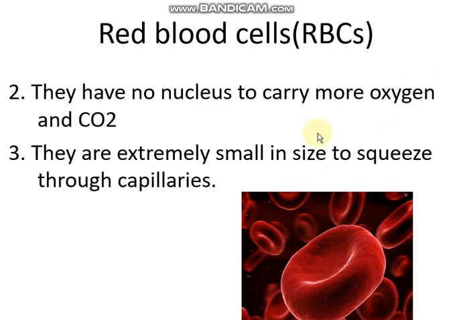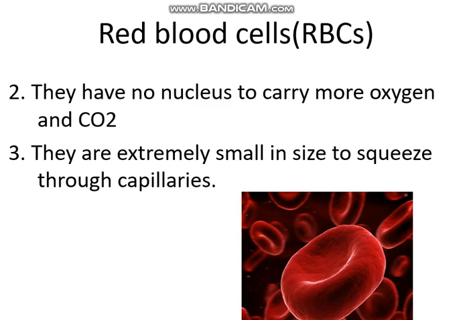Then the red blood cells have to reach the cells after passing through narrow blood vessels, and the name of those narrow blood vessels is capillaries. Okay, so these capillaries have a very narrow diameter, approximately 1 micrometer. So red blood cells are very small, so that they can squeeze through these narrow capillaries and transport oxygen to the different cells. So they have specific structural adaptations which are linked to their specific functions.